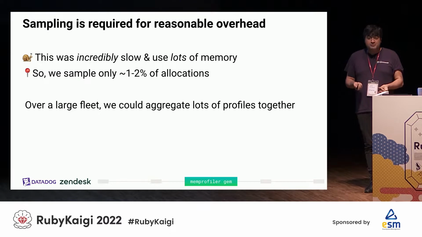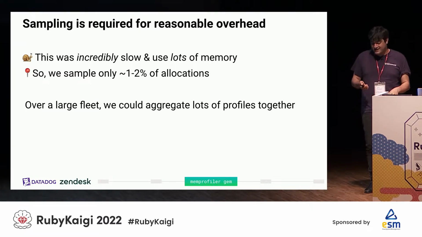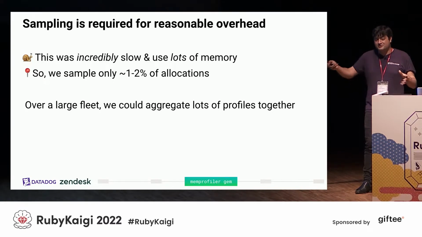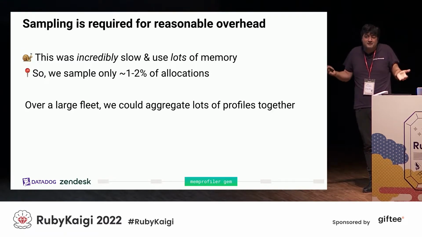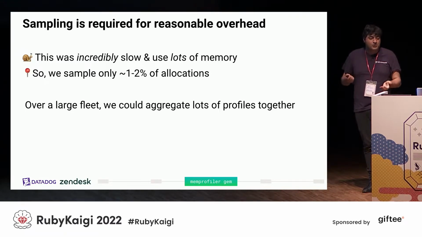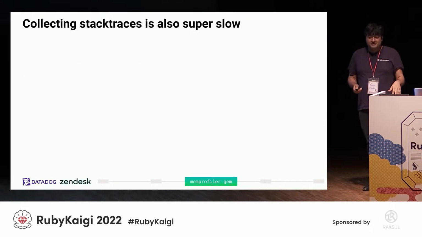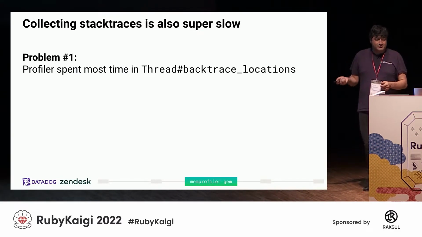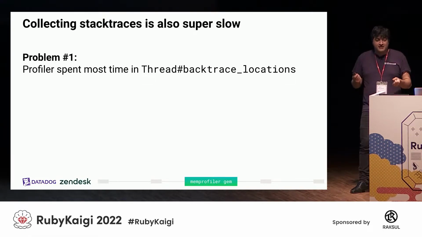So that means that our newobj tracepoint almost all the time does nothing, and sometimes will insert things into the hash. Obviously, this makes the profile kind of meaningless on its own, but if you have a big fleet of servers in production, you could collect all the profile files and smush them together and come up with a nice average picture of what your application is doing. So that got us 1 order of magnitude. We needed a few more. So the next observation I made was that the profiler was spending quite a lot of its time